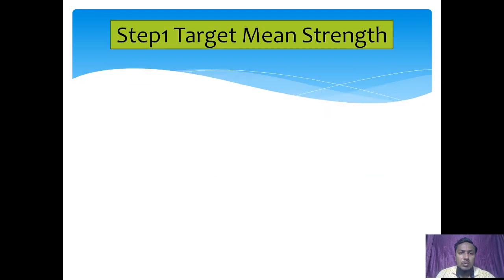So students, can anyone tell me what are the different methods of mix design? Can anyone? Can any of you answer? Okay. So step 1,